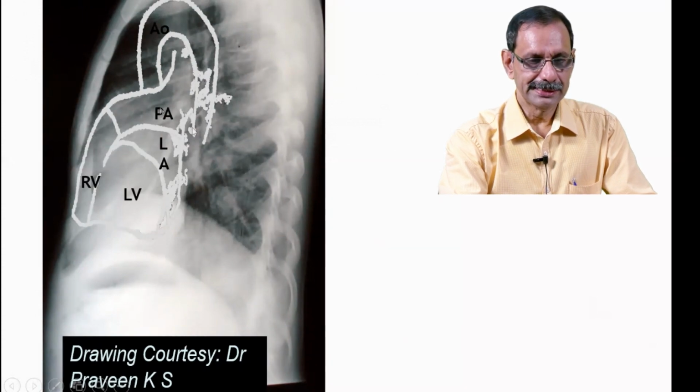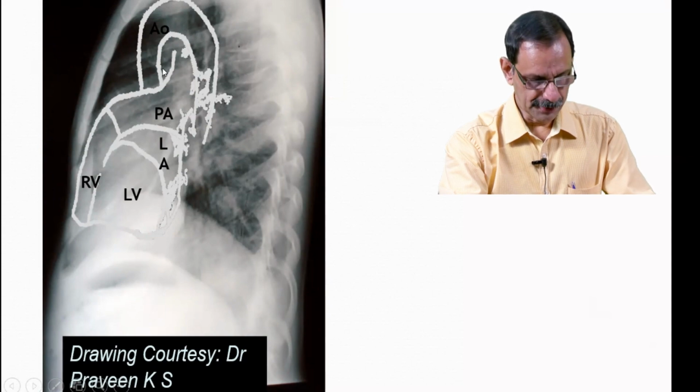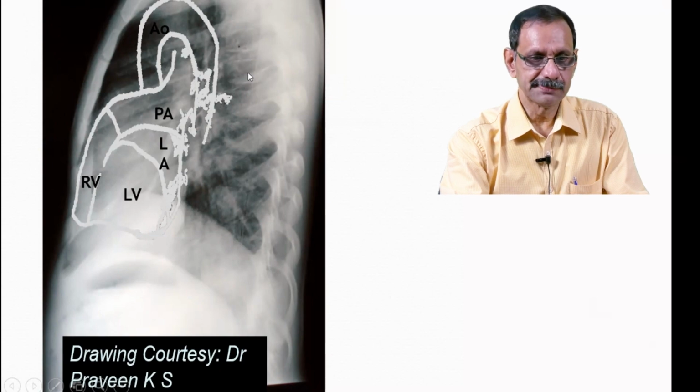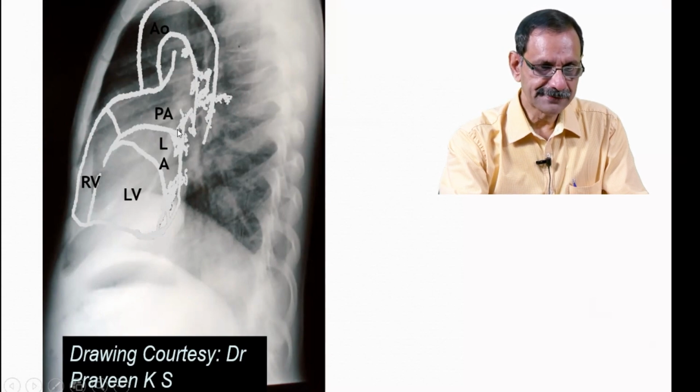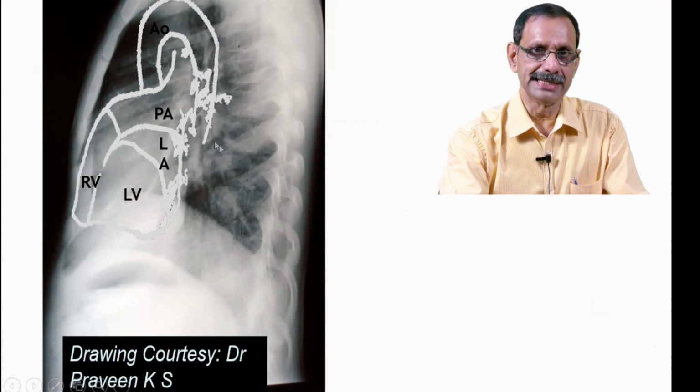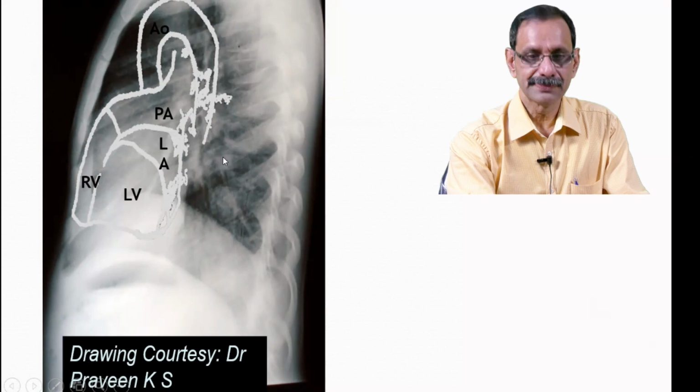Now in the oblique view, I earlier mentioned RAO, the right anterior oblique view, and barium swallow, where if the left atrium is enlarged, it will come like this. So in that case, the esophagus will come like that, and then the barium will curve like this and then go. So then we know that the left atrium is enlarged. Now that the echo has come, this has got no role and nobody does it.